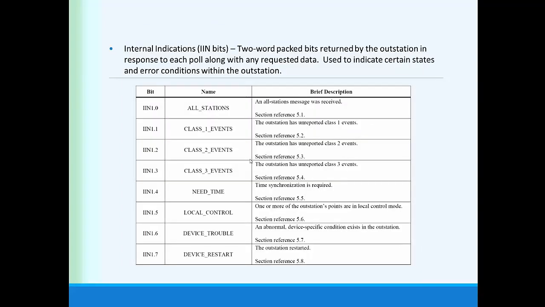Okay, so finally, at the lowest level of the hierarchy that we've defined is something called the internal indications, or the IIN bits. Now, where internal indications comes into play, is in a master-slave serial protocol, where the master initiates communication. All the slave can do is respond. It can't initiate communication independent of the other slaves because of the fear that communications would collide on a master-slave serial